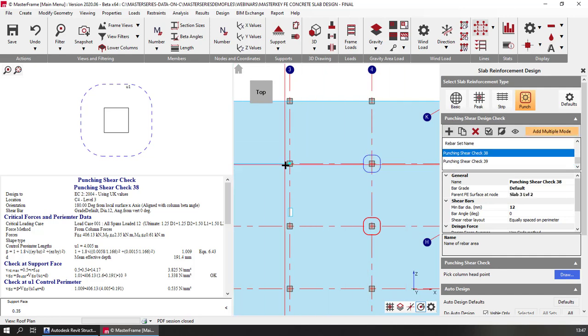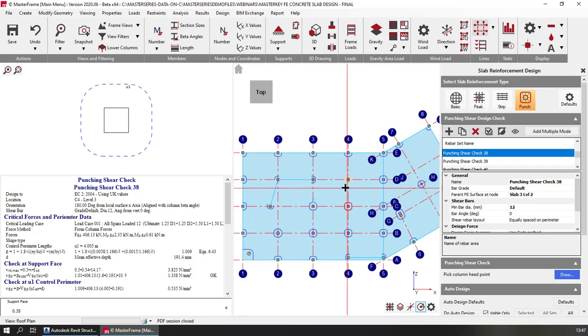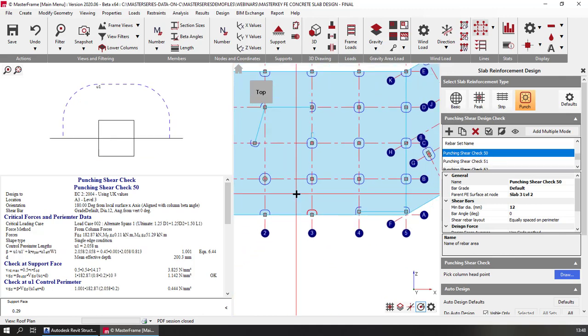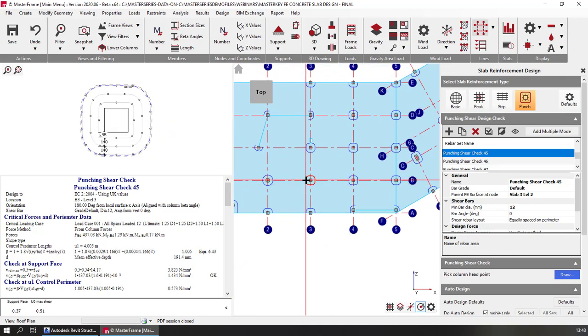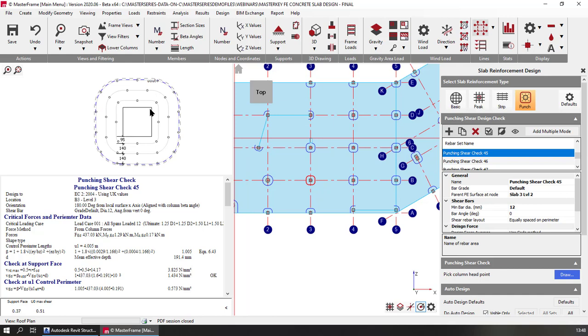And again, it looks to be fine. And that's a bit strange, but we'll see why in a minute. What I'm going to do is I'm just going to add them all in. There we go. Take off that, and let's look at any one that the punching shear is not required. There we go. On the inner ones now it is required, and we can see that we've chosen radial bars,